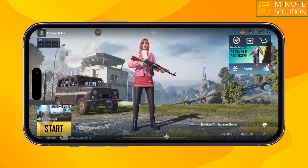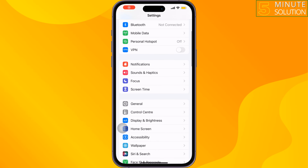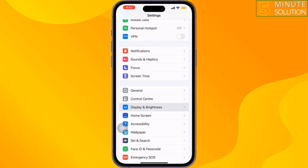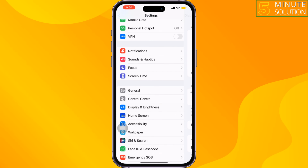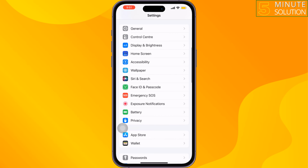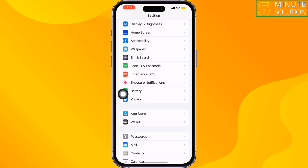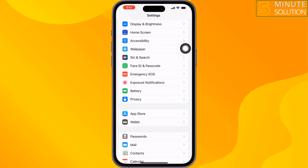And the second solution is go to your iPhone settings, tap on display and brightness, disable true tone, and then check the issue. The next solution is open your iPhone settings and tap on battery, disable low power mode, and